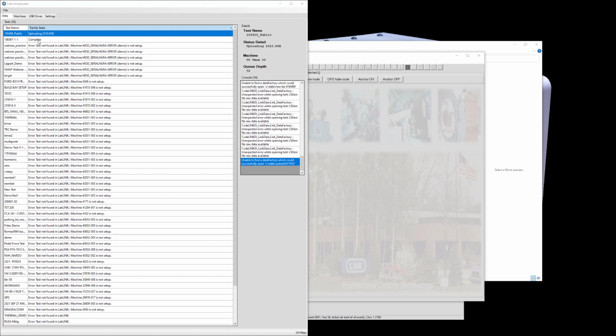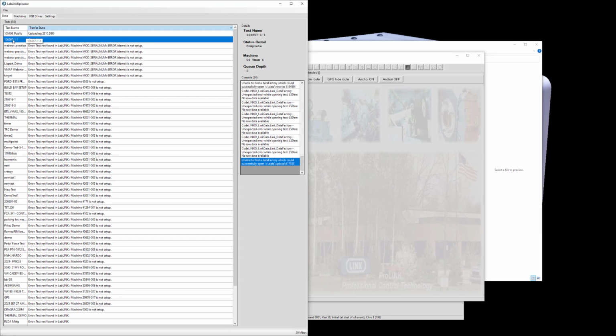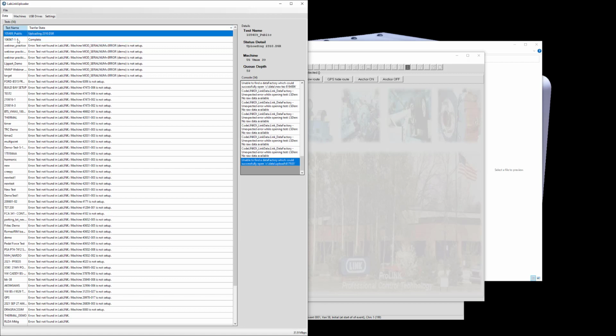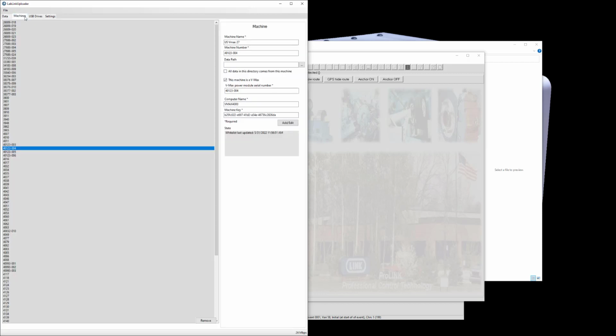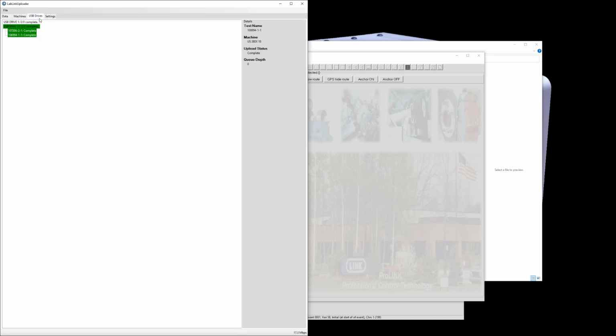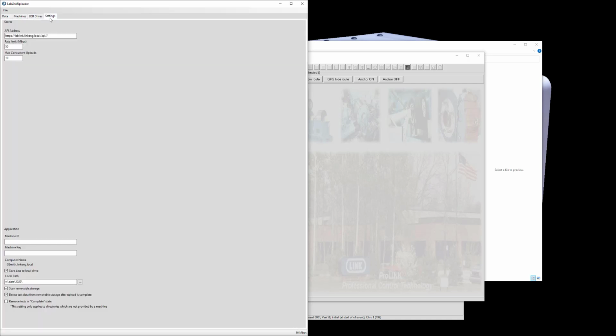Okay, so once again, I'm going to jump over into the LabLINK uploader program. I can see that one of those 2 tests that I had in my C data folder is completed. And then I've got another one here that still has a queue depth of over 50 files that it's working on. But essentially, this is how the configuration works,